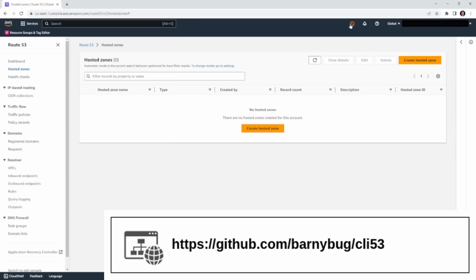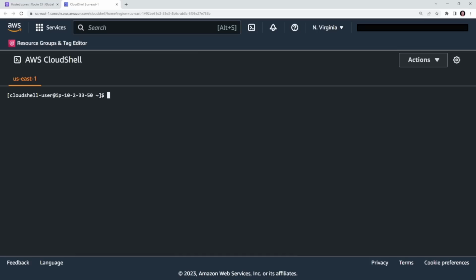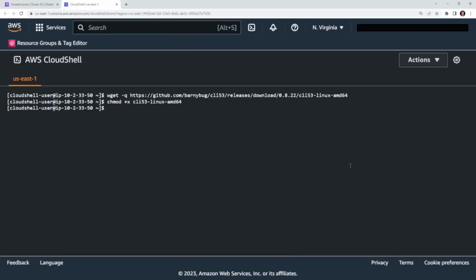If you prefer using the Route 53 API, for example because you want to do this process for hundreds of domains, you can look at the very valuable open-source command line tool for Amazon Route 53, called cli53. You can even run it without any issues in AWS CloudShell. Just download the latest release for AMD64, make it executable and you're ready to run it. When running cli53 in AWS CloudShell, AWS credentials are already pre-configured.